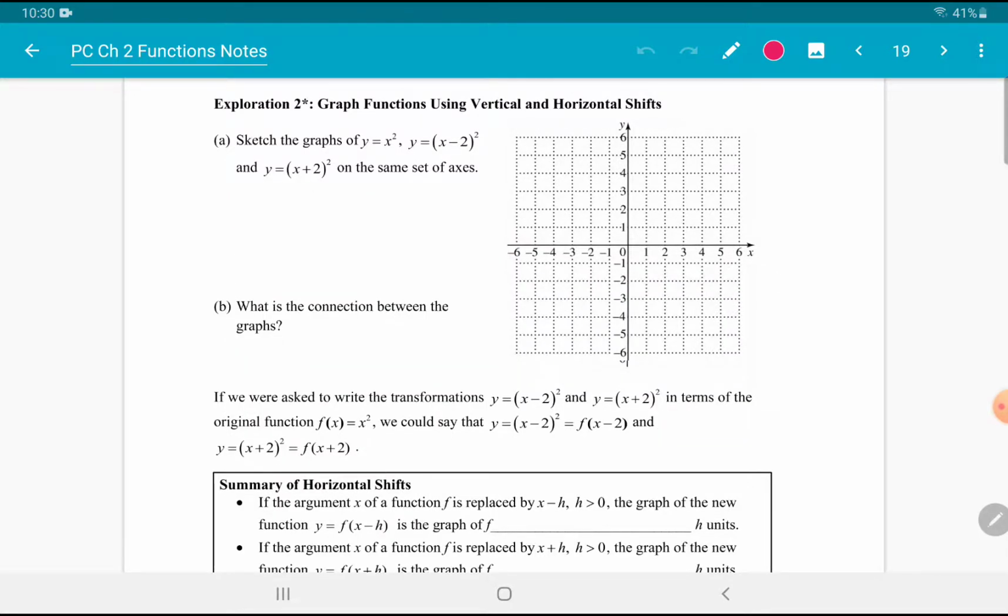We have our horizontal shifts now. We'll see here that the difference between this example and exploration 1 is you'll notice that the 2 is actually contained within the x. This is affecting the x directly. So for that reason, we need to make sure that we apply that to the horizontal shift. As we take a look at our graph,